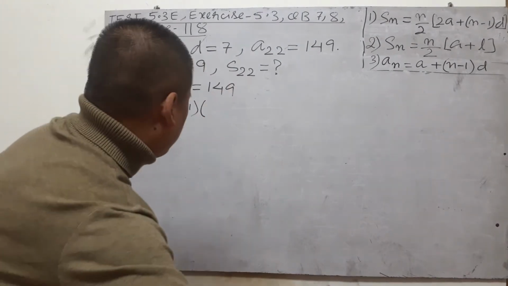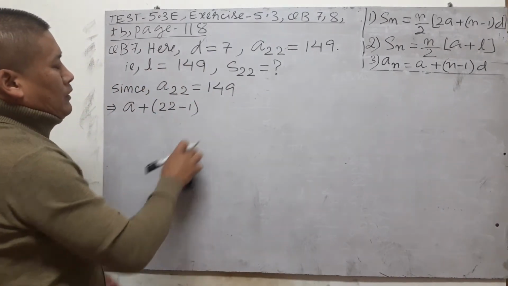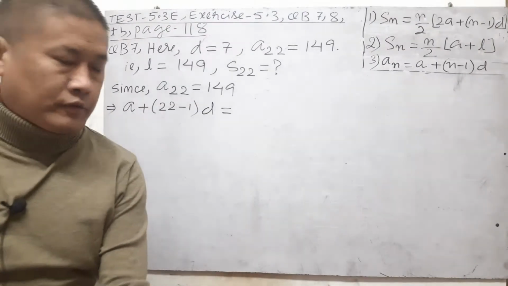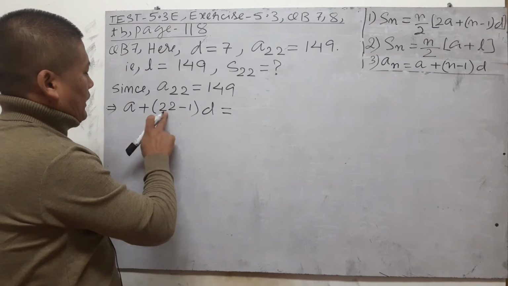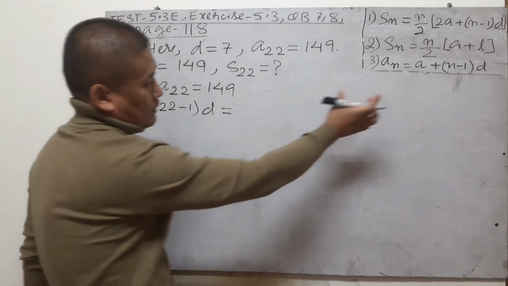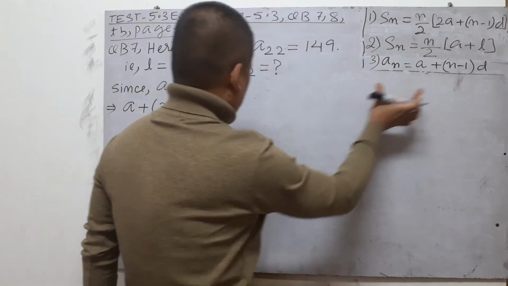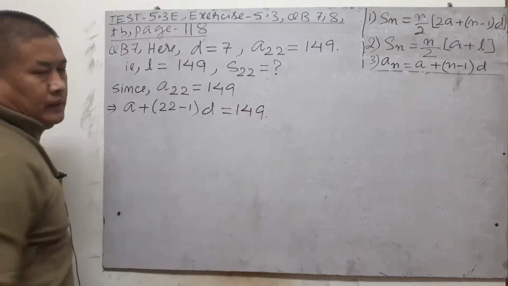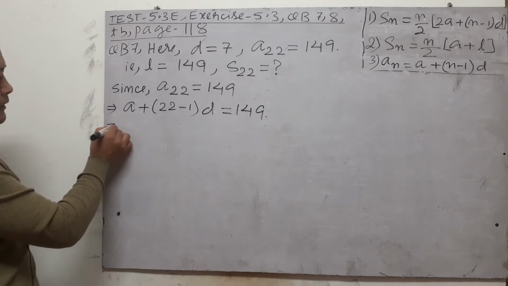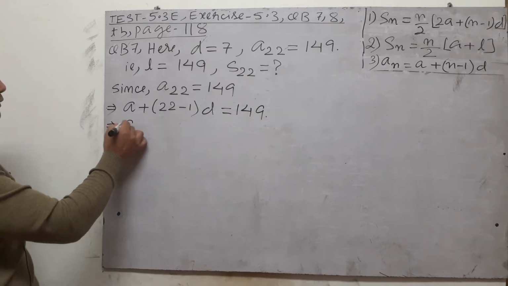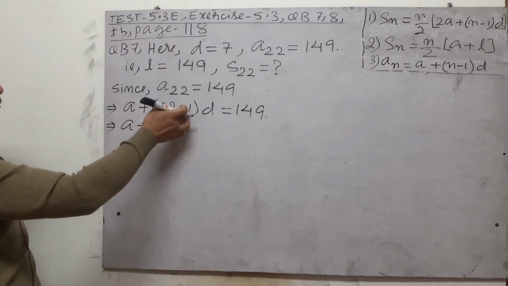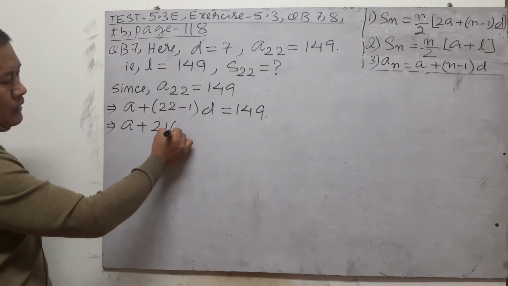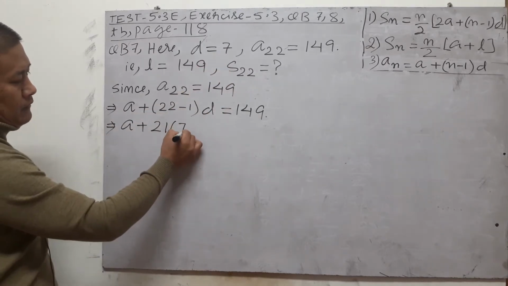Applying this formula here, A22 is equal to 149, right? Then here we have A, we don't know yet, plus 22 minus 1, 22 minus 1 is 21 into D value we have given in our question,